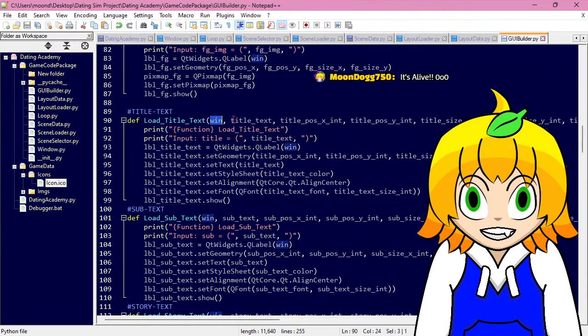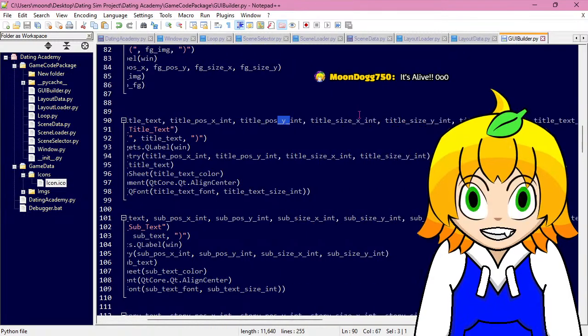We get the text through this text here, which was actually imported through the scene data, through the scene loader. Then we have the title pose of X and Y, which has been converted to integers from their